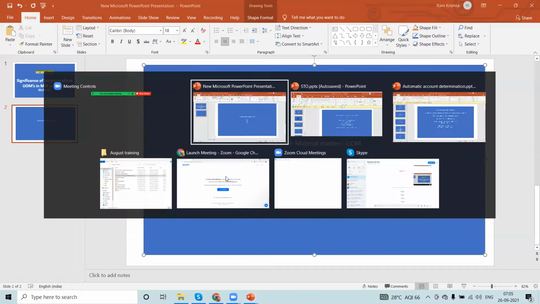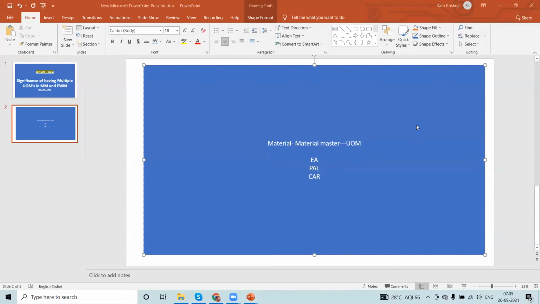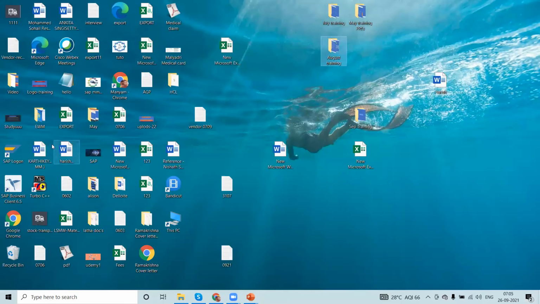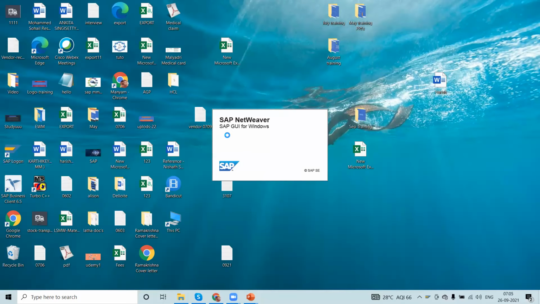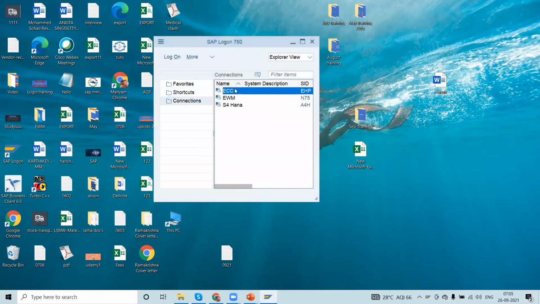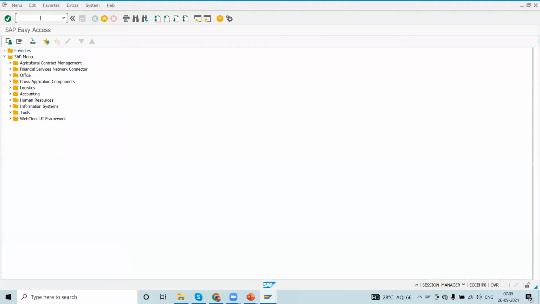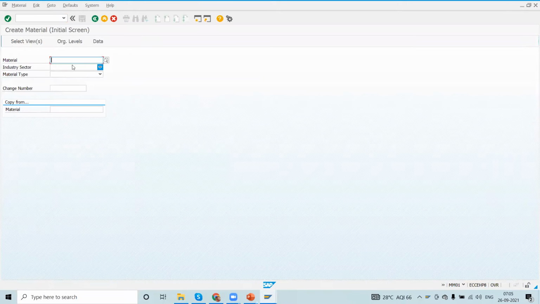First of all, let me create a material. Go to MM01 and create a dummy material with multiple units of measure.